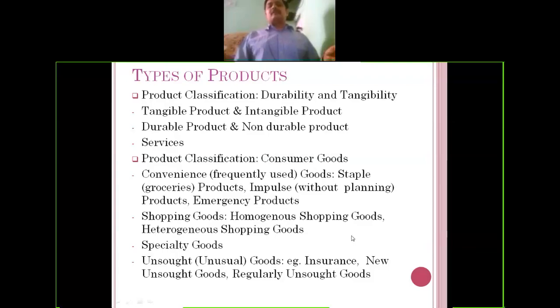And also we have covered majorly 2 points under the product classification of consumer goods. One is convenience and the second one is shopping. We have covered it already. In convenience goods, yes, we make use of these goods on a regular basis, and ultimately people are trying to think about having a brand name even for the regular goods we frequently use,